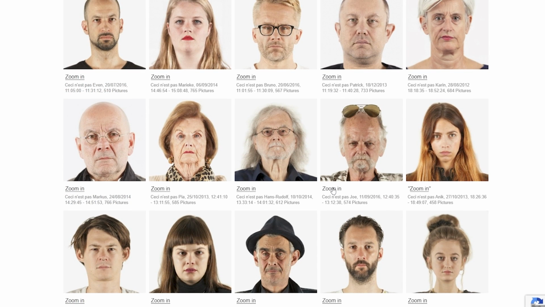Let's go ahead and find maybe this one right here. Marcus and Joe. These two are pretty good. Just wait until they load. There we go. It has a super high resolution, so we can get really, really close. It's just loading up, but you will be able to see how detailed this photograph is.